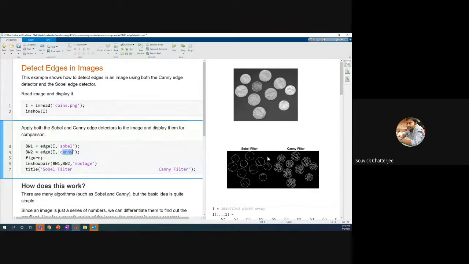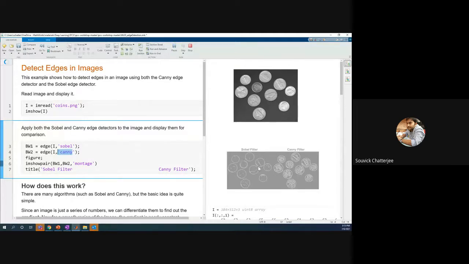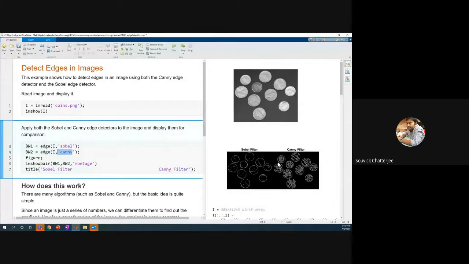And then, in one image only, we are using this command called imshowpair. Here we are just putting both of them, so we can see both these images where we have detected the edges, one using the Sobel algorithm and one using the Canny algorithm. Because if, for example, I don't know which algorithm will work here, we just use it and then we see how it does. We have to start from somewhere and then we can make it better as we go along.